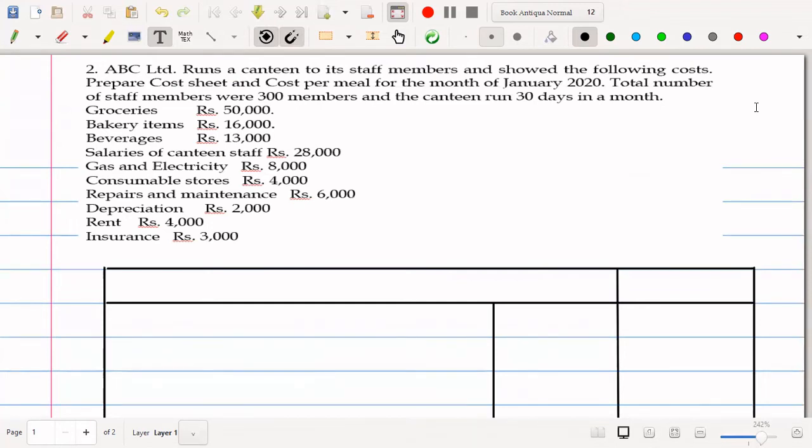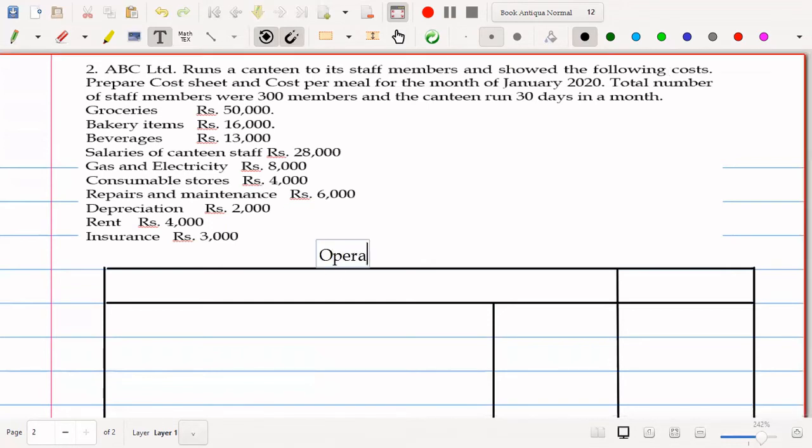So groceries rupees 50,000, bakery items rupees 16,000, beverages rupees 13,000, salaries of canteen staff rupees 28,000, gas and electricity rupees 8,000, consumable stores rupees 4,000, repairs and maintenance rupees 6,000, depreciation rupees 2,000, rent rupees 4,000, and finally insurance rupees 3,000. So let's solve this